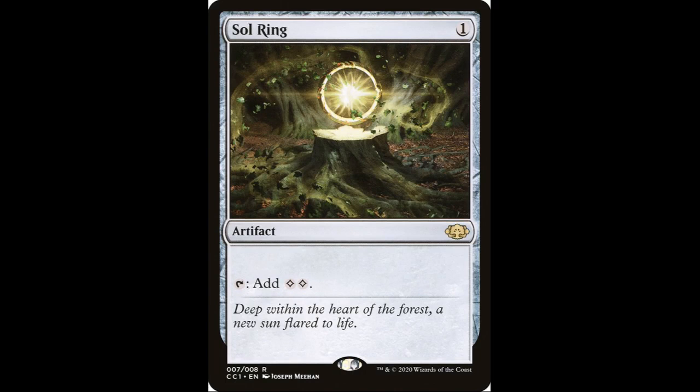Number 20, it's the top 20. It's the Sol Ring. It's probably more of a controversial pick than anything, and it's a good card. I like it in all of my decks. It costs $1.50, yet you find it in every pre-constructed commander deck. It's a really good card, and